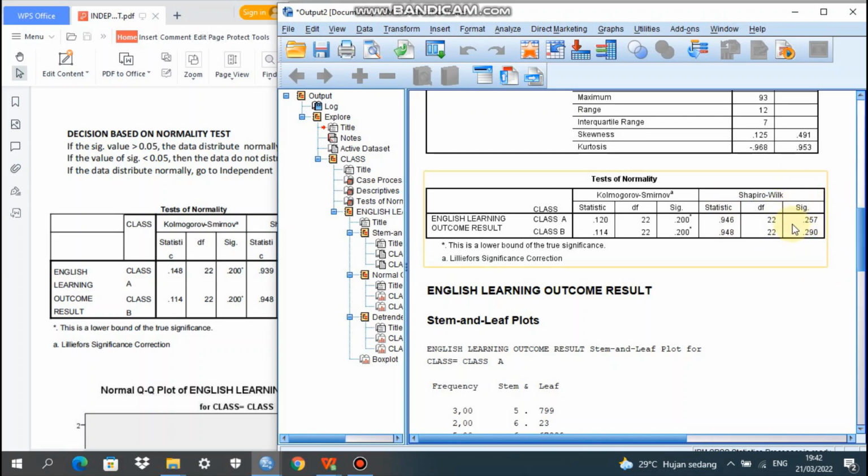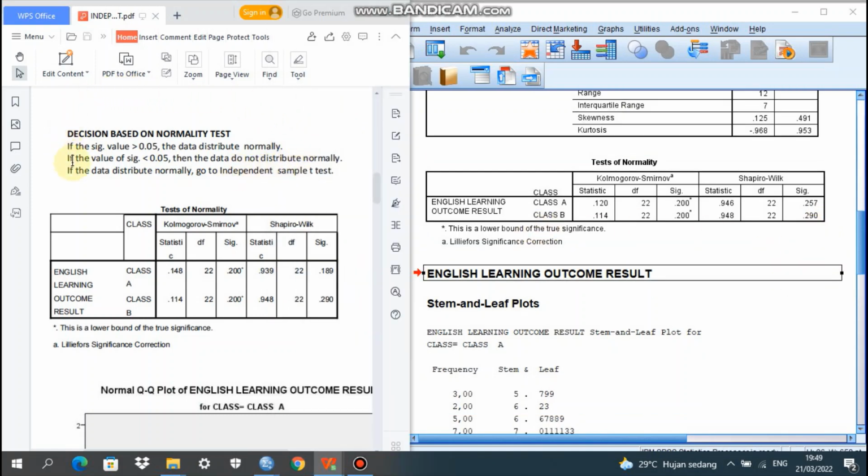Significance: 0.257 for class A and 0.290 for class B. Based on the normality test basic decisions, we can see here that if the significance value is more than 0.05, it can be interpreted that the data are distributed normally. But if the significance value is less than 0.05, then the data are not distributed normally.